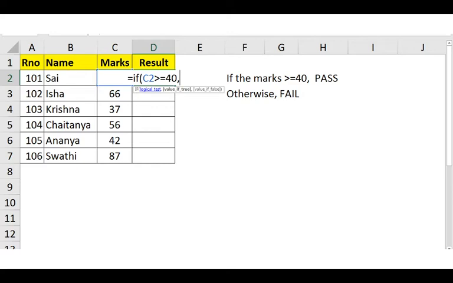Now here we need to display a value if the condition evaluates true. I want it to display pass. So the second parameter here is pass. Now the third parameter also is optional. Now if the condition does not satisfy, I want to display fail.